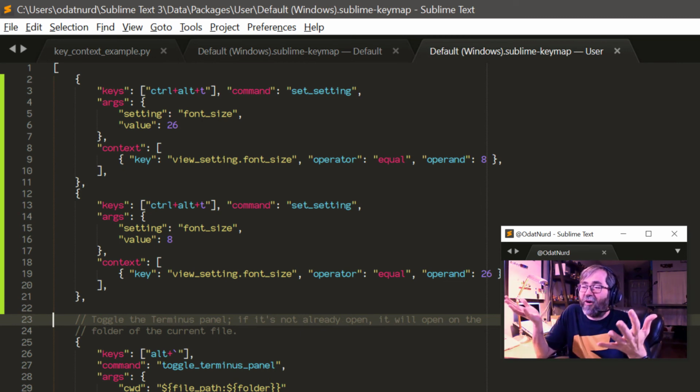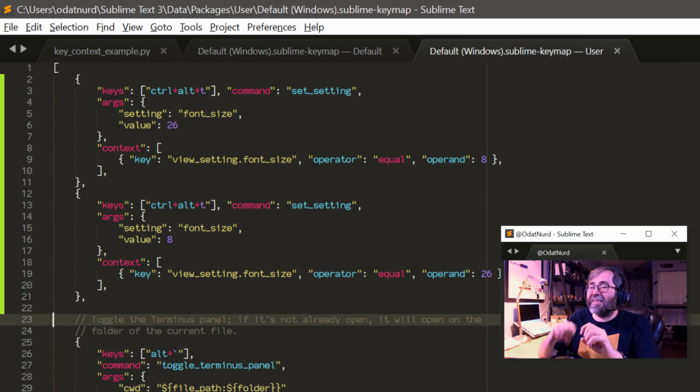So the default font size that I use for these videos is 8. So when I press the key, Sublime's going to test the key bindings from the bottom up. The bottom one says, is the view font size 26? And the answer is no, so that binding is not used. That'll move it up one to test, is the font size 8? The answer to that is yes. So the set setting command is used to set the font size in this buffer